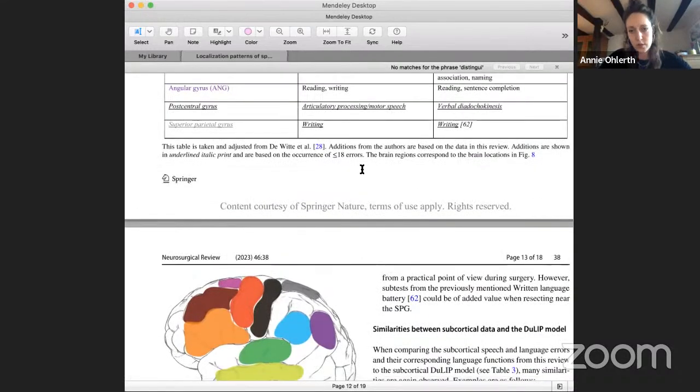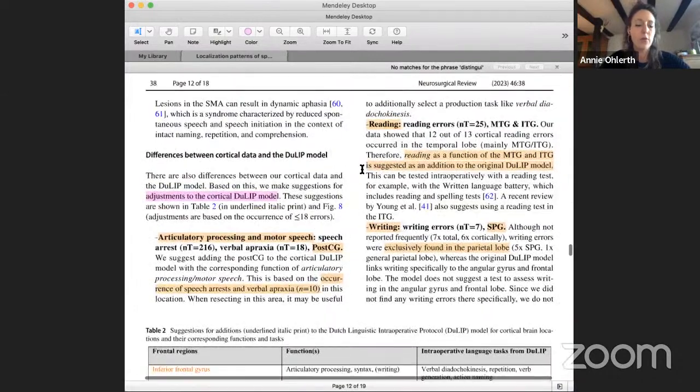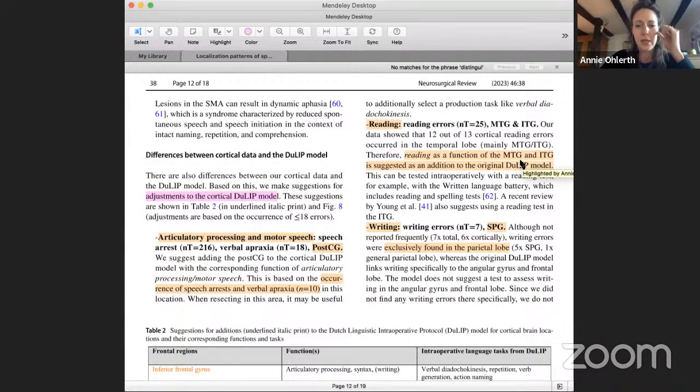But with their newest evidence from this systematic review, they would like to amend the following things. That is adding the postcentral gyrus to articulatory processing and motor speech due to the errors they found now, as well as adding MTG and ITG as a critical role in reading. The superior parietal